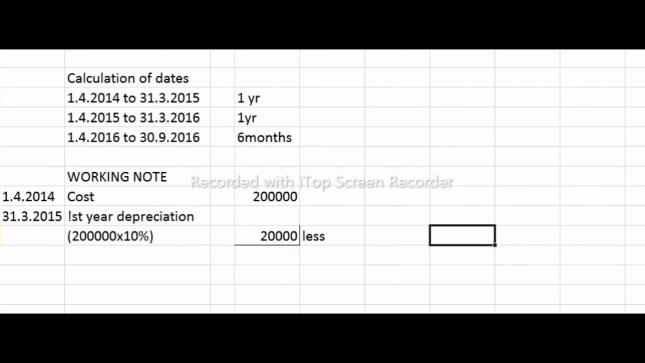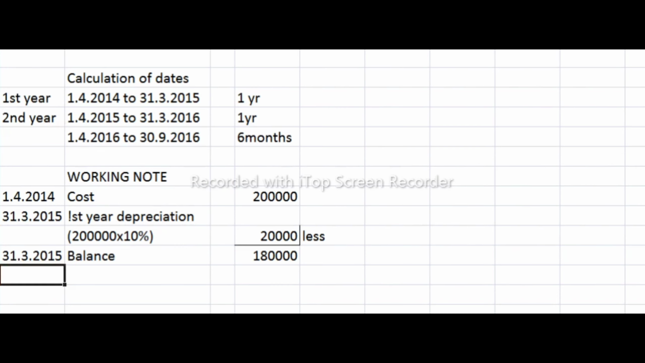So write the 20,000 below 2 lakhs and subtract it. So when you subtract it, the balance for that first year depreciation will be 1,80,000. Next, write down the date, that is the closing date of the second year, because the opening date, that is 1/4/2015, we didn't purchase anything,